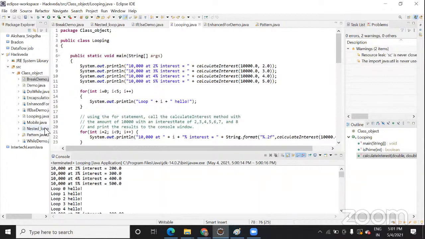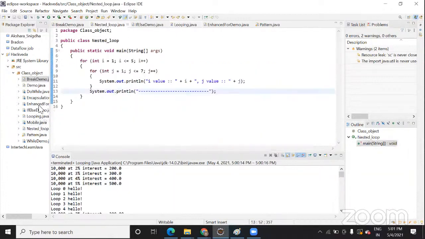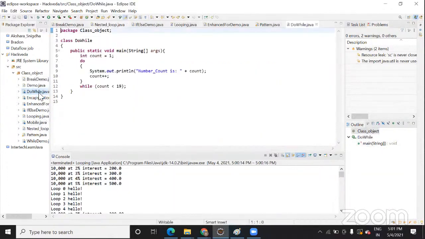Have you worked on the while loop, nested while loop? I know the while loop. Nested while loop, I think it will be similar to the for loop. Yes. What about do while? Have you worked on that? Yes.